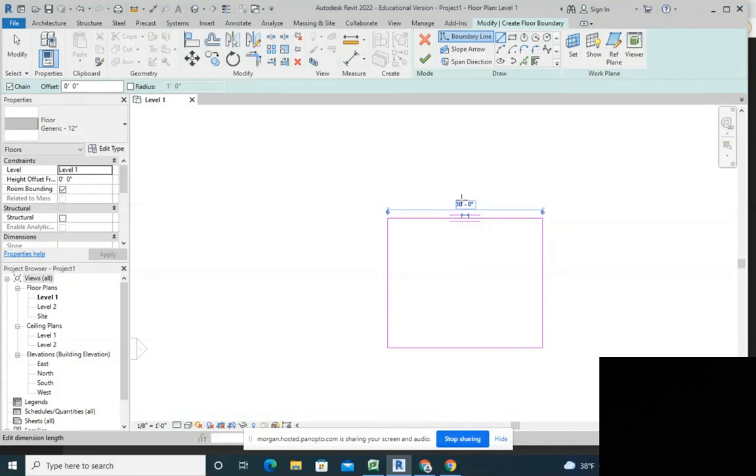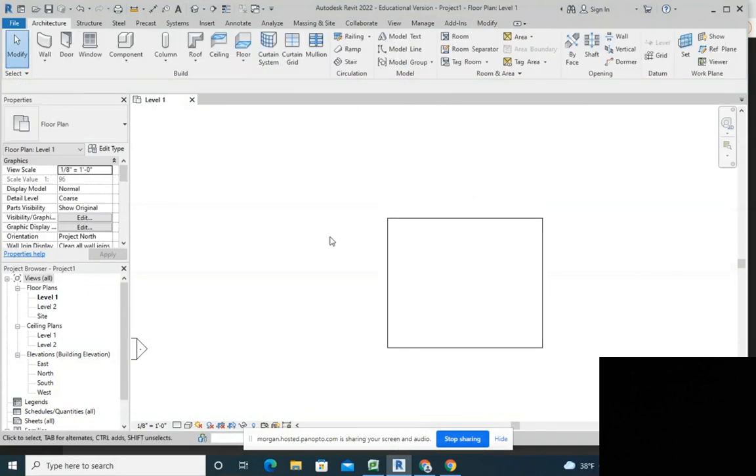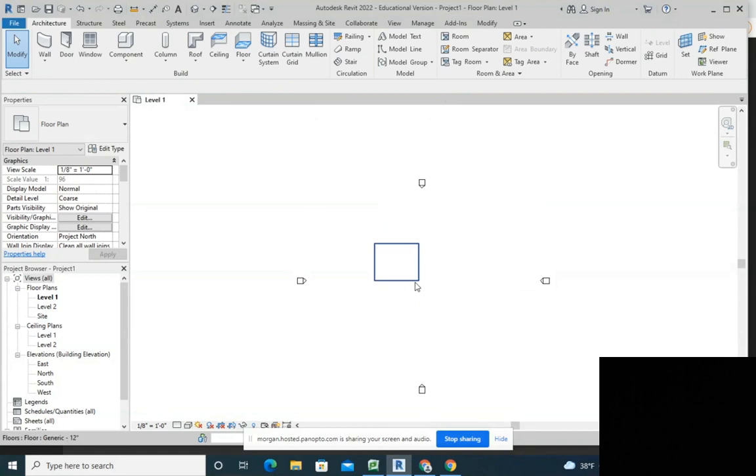Okay. Once you have those 4, this is the part that everybody forgets. There's a green check mark up here. So under modify, there's this green check mark. Hit the check mark. Okay, so we've just made a floor. So let's look at it. So let's look at it in 3D. So if you come up here to the little house and click on it,